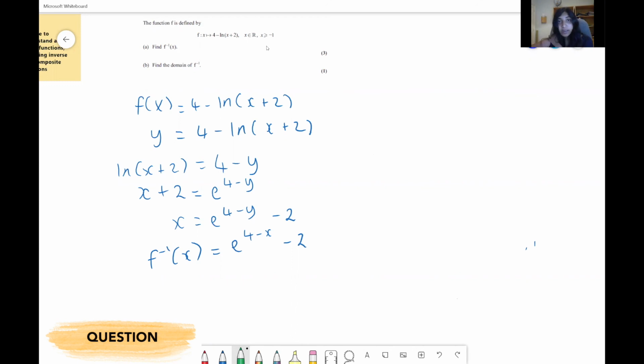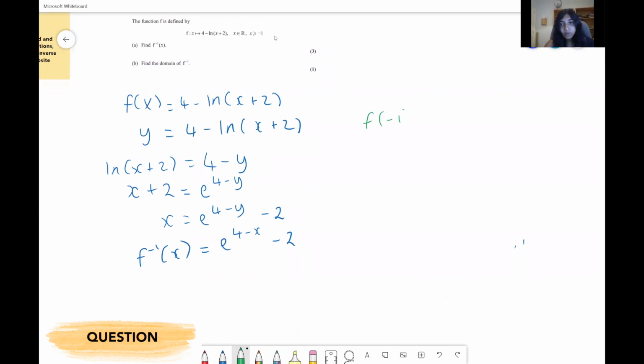If we do f(-1), that's equal to 4 minus ln(-1 plus 2), which is just 4 minus ln 1. If you remember, ln 1 is just 0, so this would be 4. And then to see what would happen as x becomes greater than -1, you can